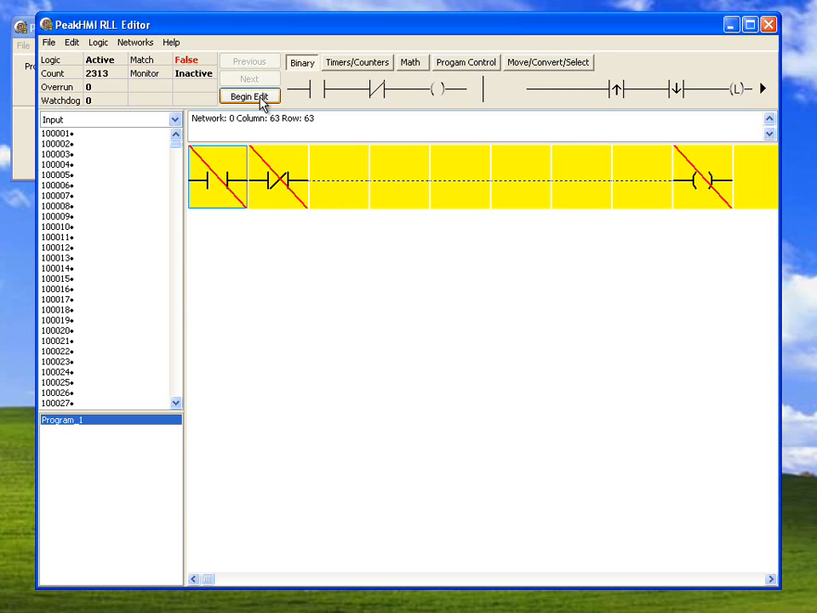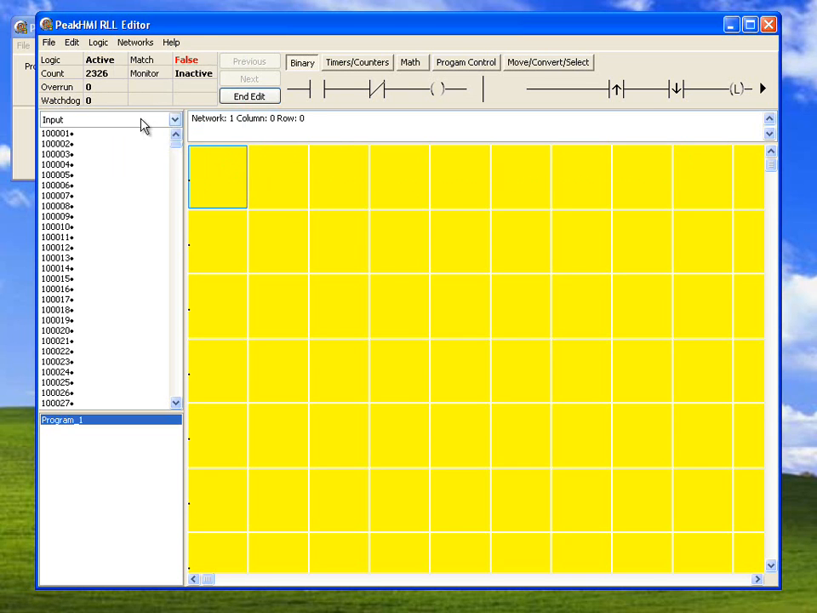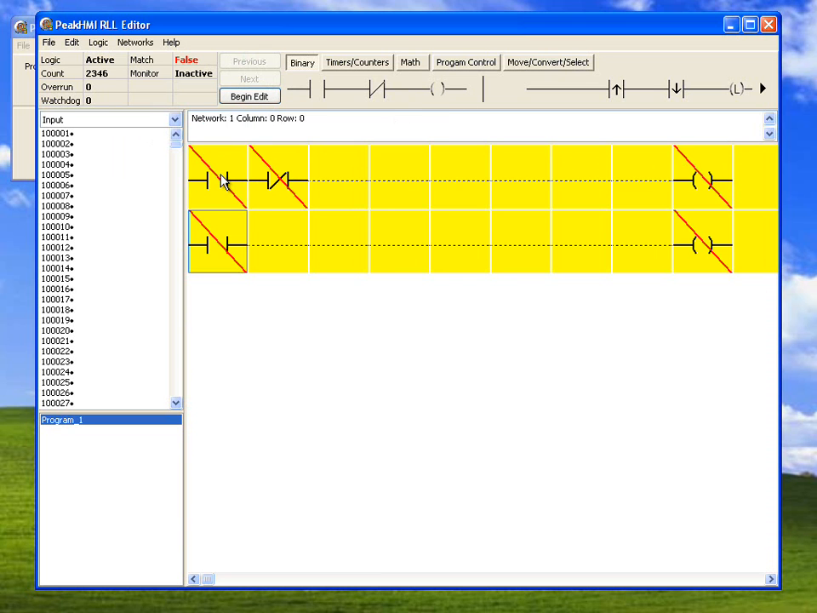So now if we select begin edit and select insert network after this one, now as you see we're at network 1, and we can edit it and say end edit, and now here's network 0. I'm going to click on it, and here's network 1,